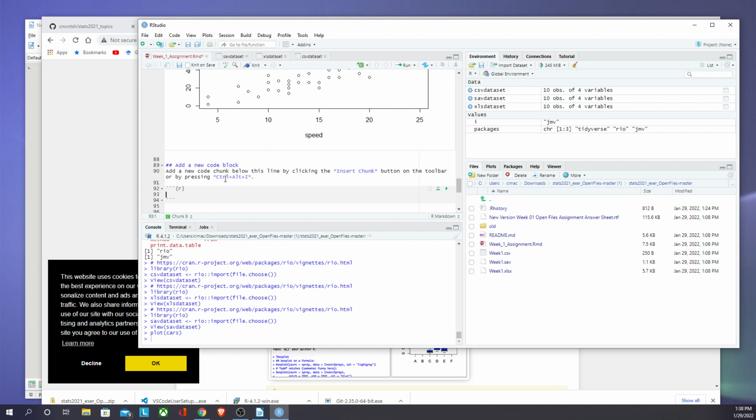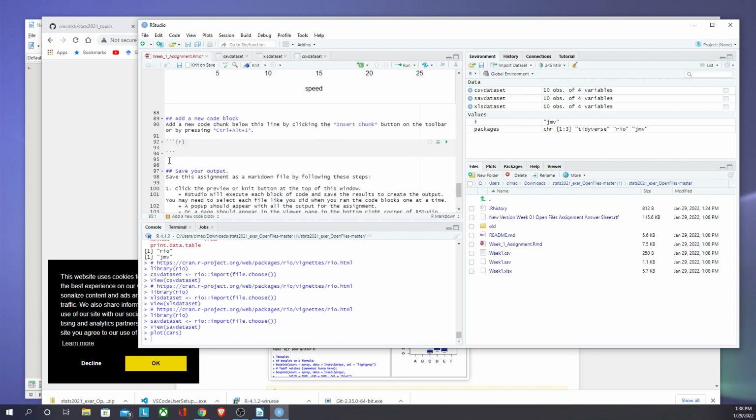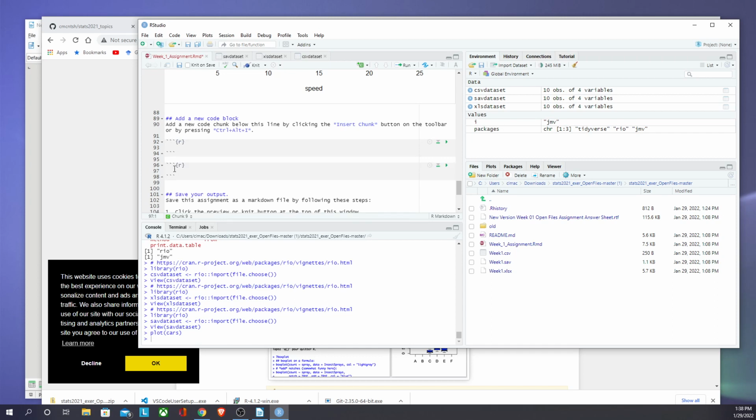And I think there's a keyboard shortcut. I'll just show that to you. Control Alt I. So I do Control Alt I. You'll see it puts one in. And I don't even have to do that. I can actually manually create a code chunk. And those are backtick characters. It's up there above the tab key. And it's 3 backtick characters, a curly brace, an R, and then we've got our last curly brace, and we'll leave a space, and then you end it with 3 backtick characters. That is the code block. So you can either use the icon, you can use the keyboard shortcut, or you can just type it in and create an R code block,